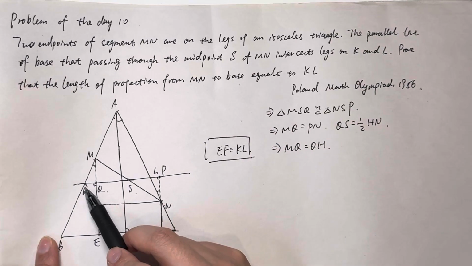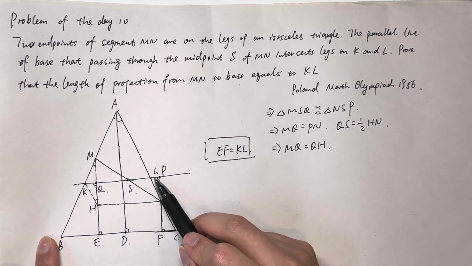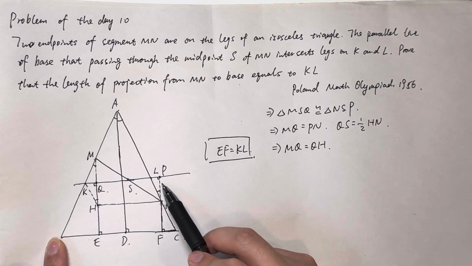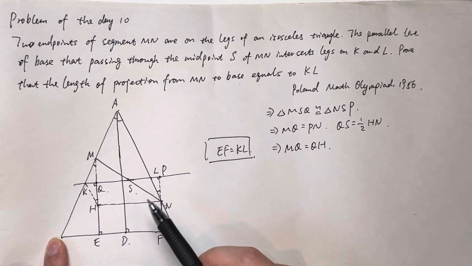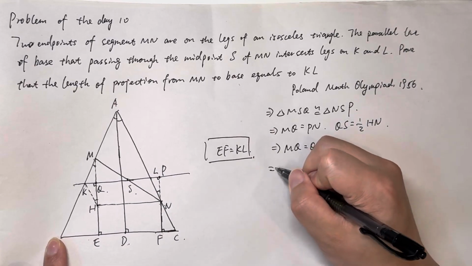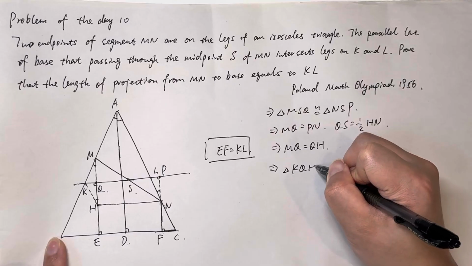Okay, for the triangle KQH and the triangle LPN, we know they are similar at least, and also HQ equals PN,